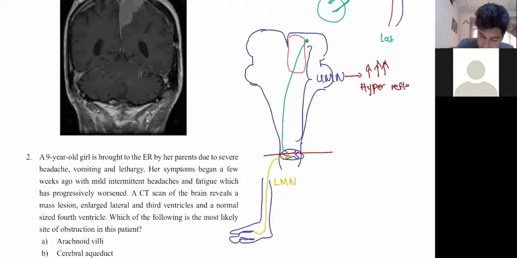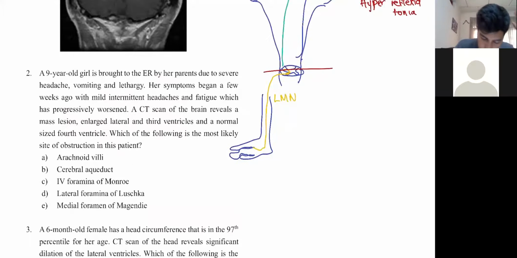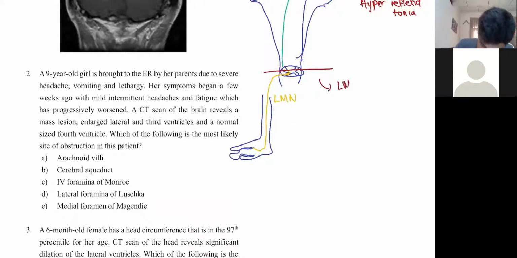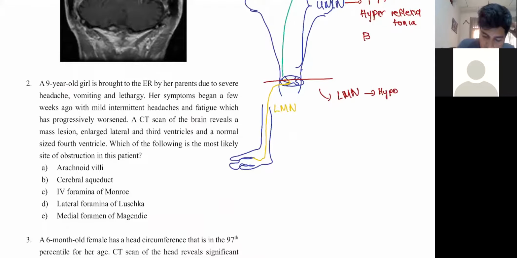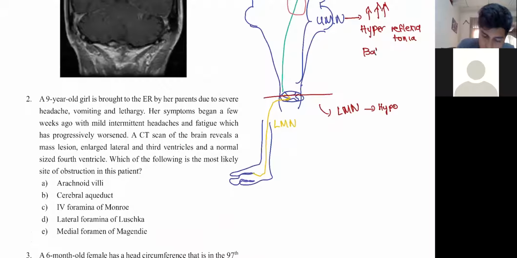So when upper motor neuron lesions are present, it means everything has increased. Hyperreflexia, hypertonia, everything is hyper. When it is lower motor neuron, it is hypo. Okay, everything has decreased. In upper motor neuron, there's something called the Babinski sign, where you take a sharp object, not one that will cause bleeding, but something sharp like the tip of your pen or a car key, and the sole of the person,